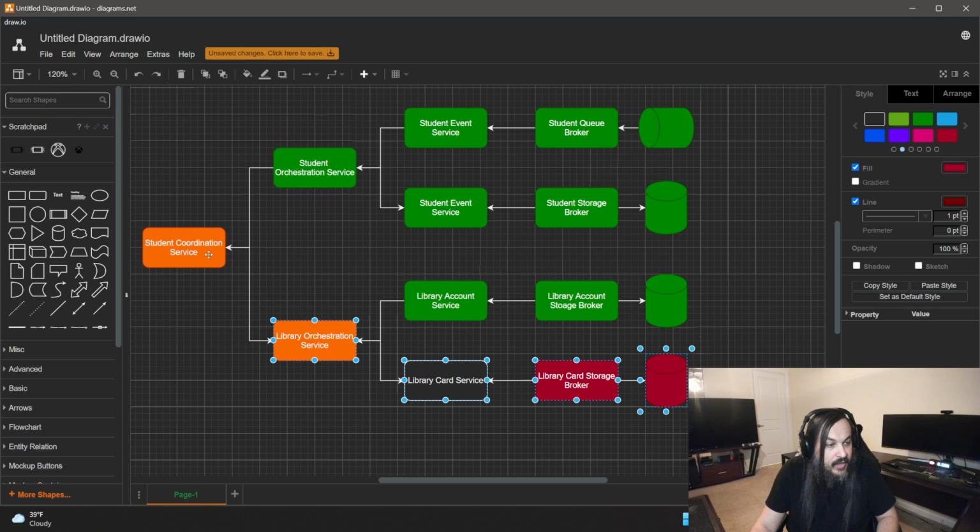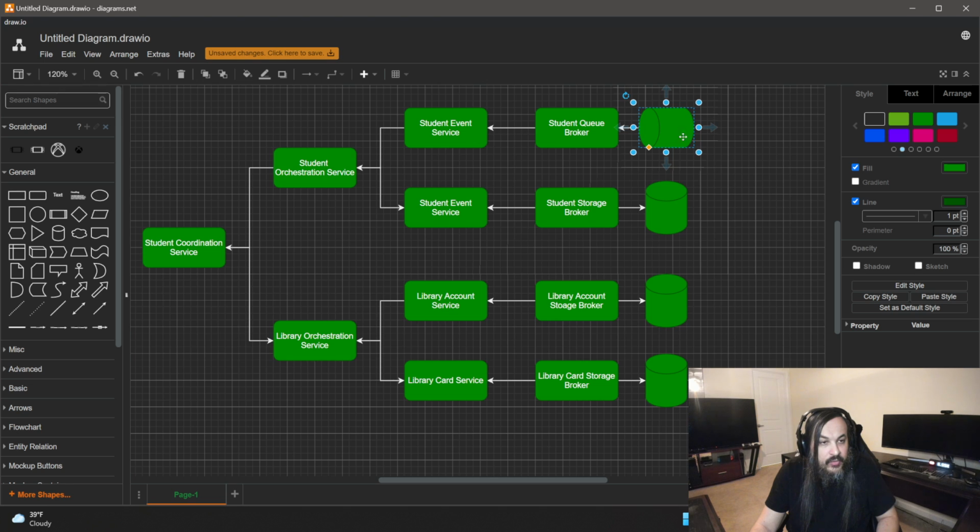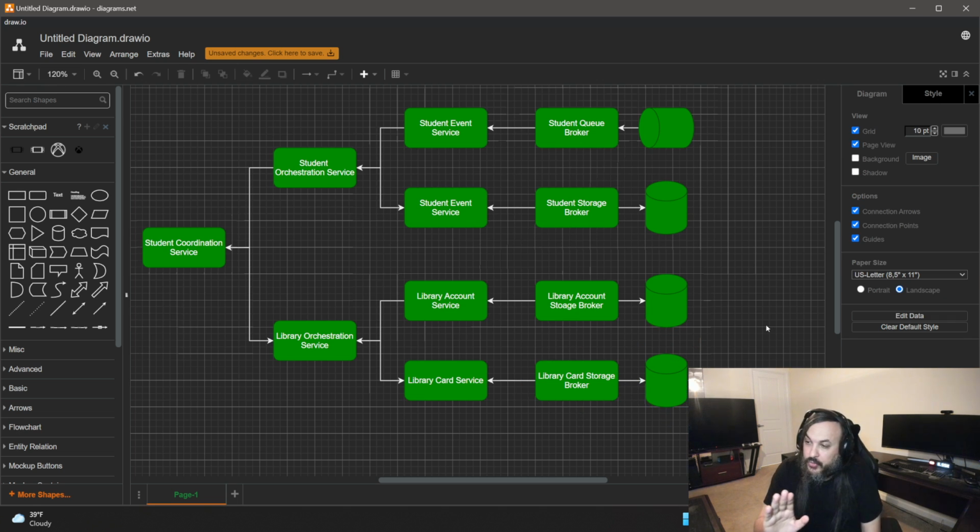We basically went and said, I need a service that takes in a queue, a message queue for a student. It goes all the way, persists the student in the database, and then goes to the coordination service, creates a library account, and then it goes back and creates a library card. So far, so good, no problem. If you stay at that level, that's not a problem. But you can also solve this problem in a different way.